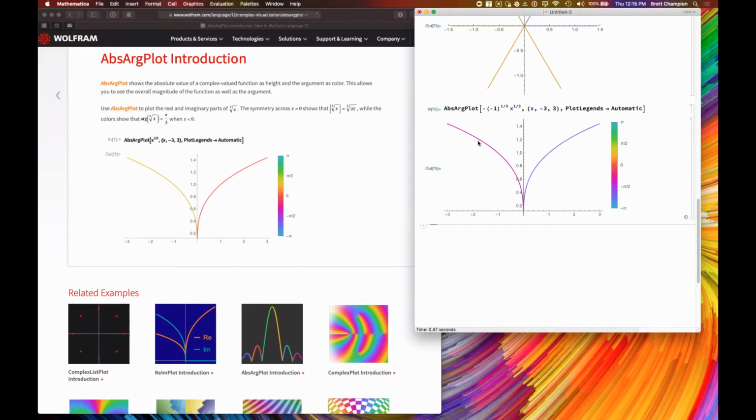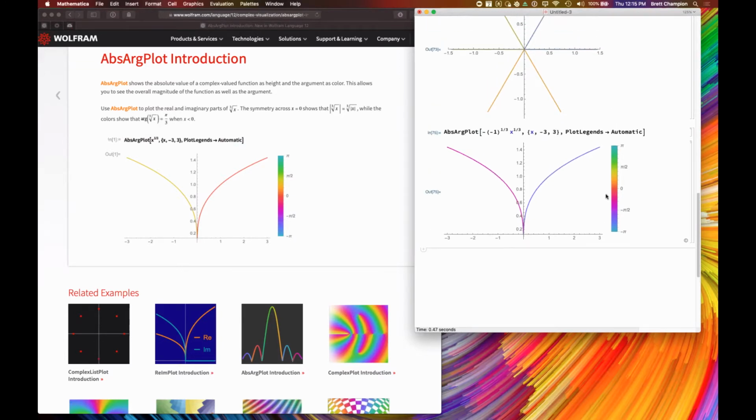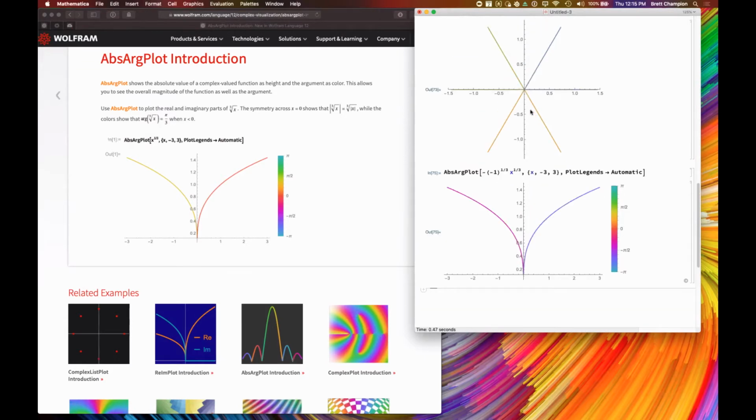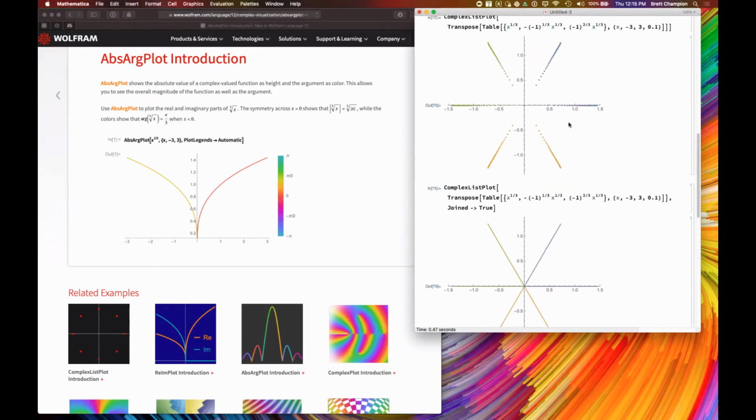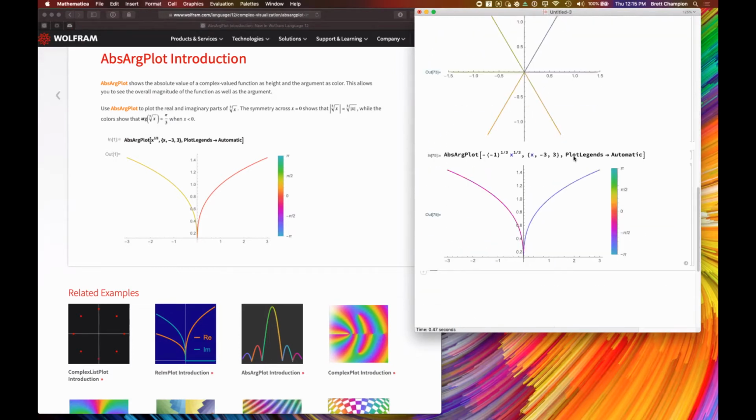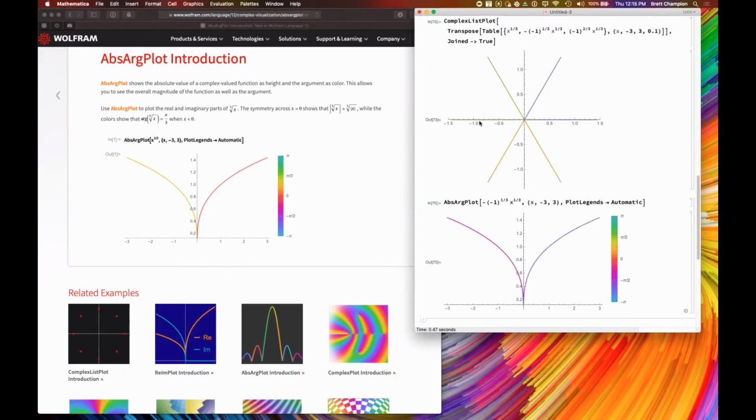And so we get sort of a magenta-y purple, which is down here at minus pi over 3, and this bluish color, which is at minus 2 pi over 3. Those correspond to these two yellow rays going out from the origin. And if we were to plot the third solution, then you'd get two different colors yet again, corresponding to these two directions. And so those are our first three